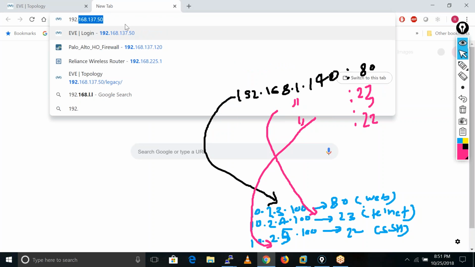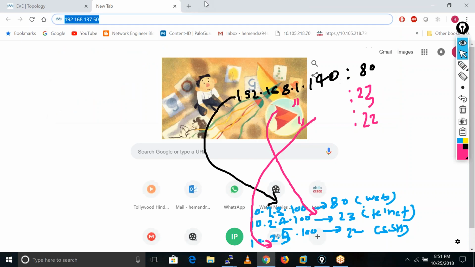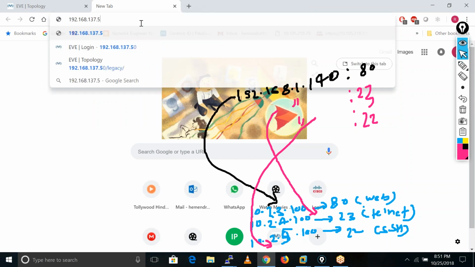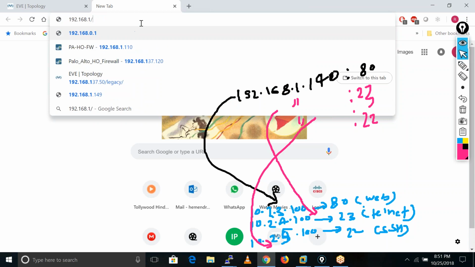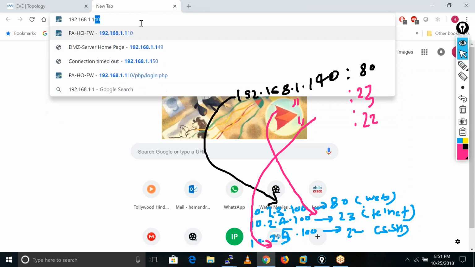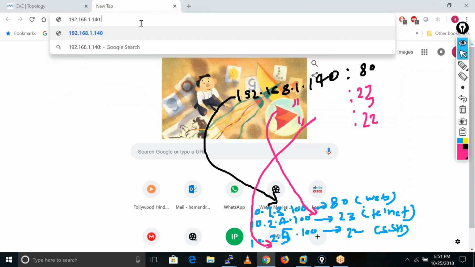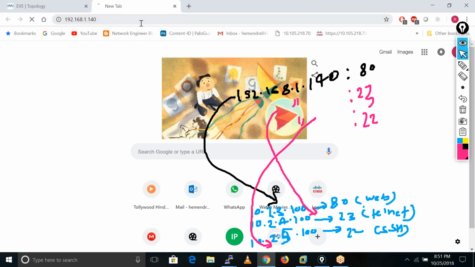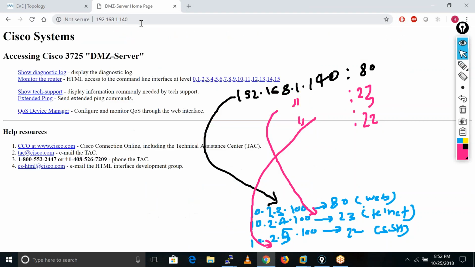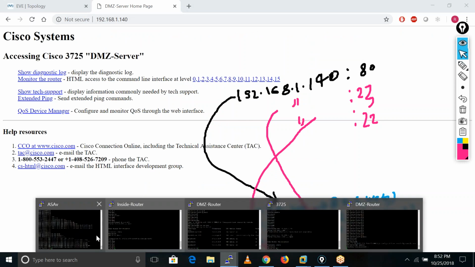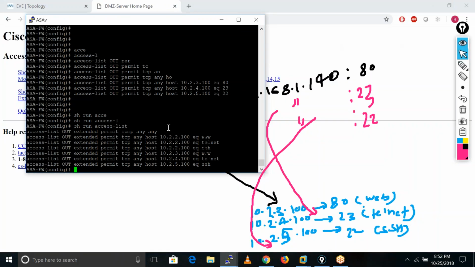It is hanged. 192.168.1.140 on port number 80. I got the DMZ access now. Okay. So that is the way how we can configure the static PAT.